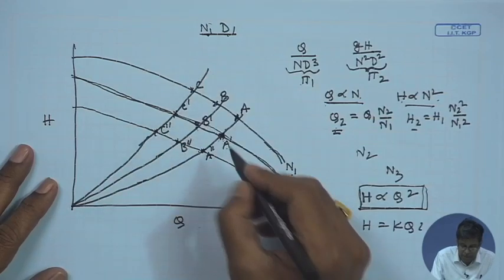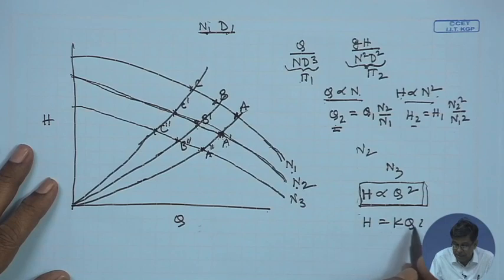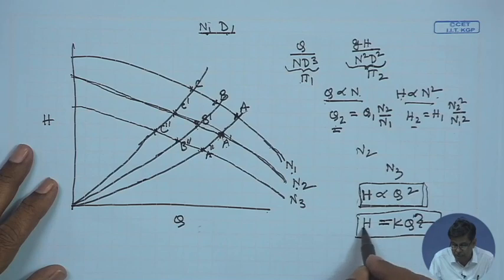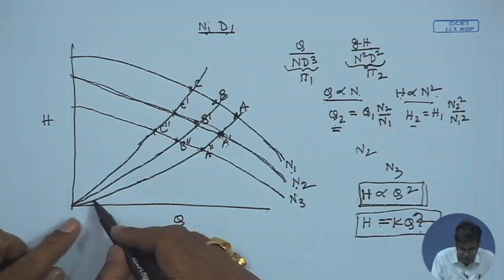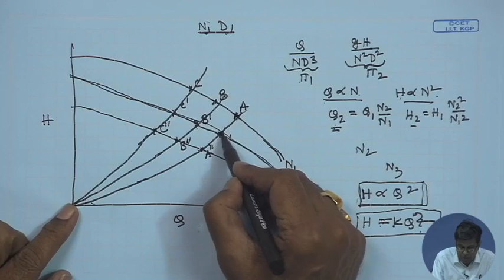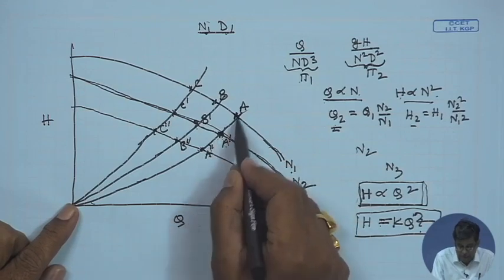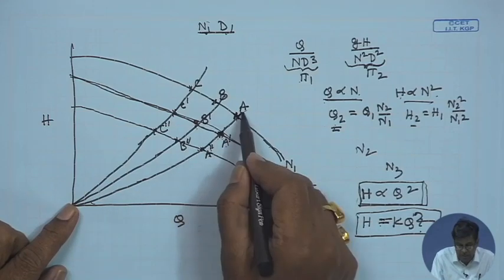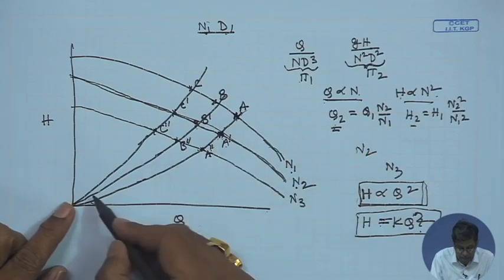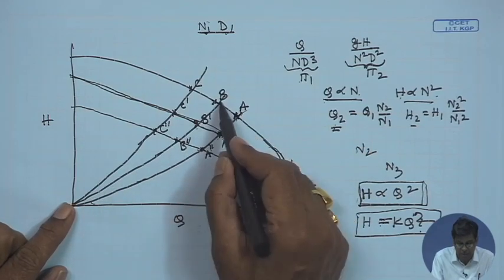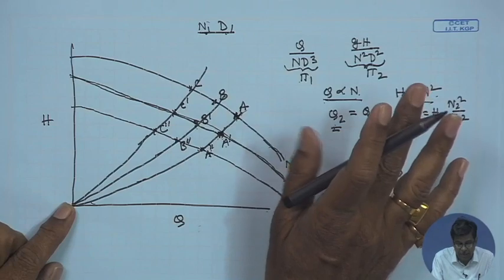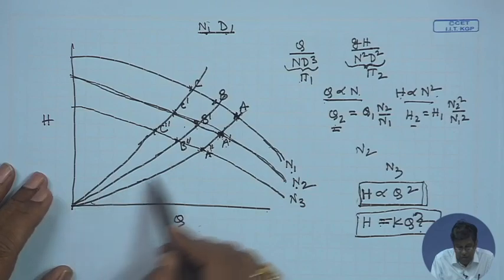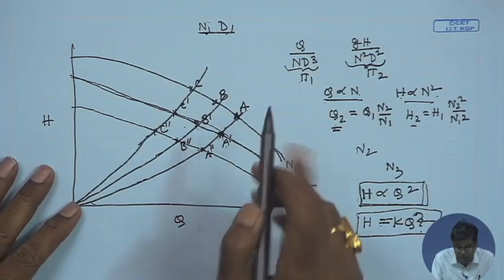The most interesting part is that this type of relationship is also there for the system resistance. The system resistance equation is also H is equal to some constant into Q square. That means this locus of the corresponding points, for example A dash, A double dash, lie on some system resistance curve. This represents one system resistance curve for a given system resistance. Similarly, this curve also represents another system resistance curve for another given system resistance. That means the locus of the corresponding points automatically lies on the system resistance curve,